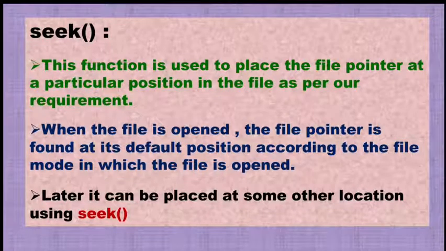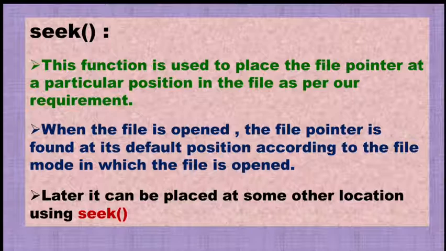The seek function is used to place the file pointer at a particular position in the file. So suppose you want to keep the file pointer at a particular position, like in my example I said that I have to read T. So I don't need to read A, M, I for reaching T. I can simply read T. So for this I need to place my cursor at T directly so that the file pointer may read it, right? So how do we do it? With the help of the seek function.